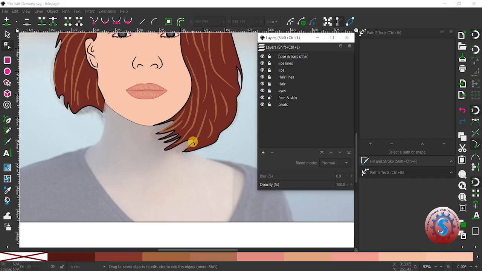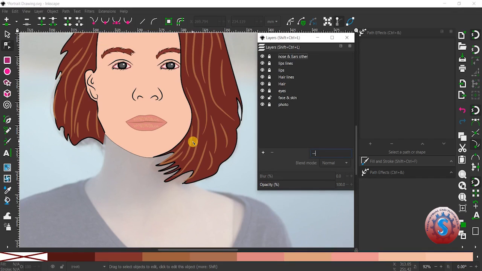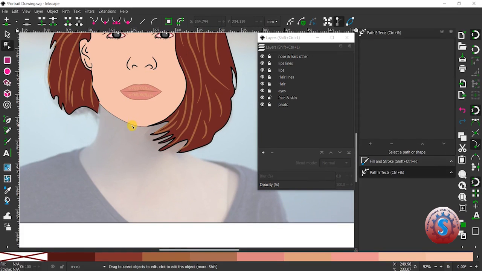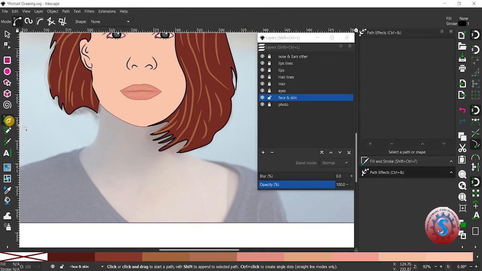You can observe I want to go with the neck option. Now the neck you can also create in the same layer. You can also create it by creating a new layer. I am giving the face and the skin here. You can observe the pen tool, and again I am doing this. You can observe by using the face and skin layer only, and without giving any fill to the shape, I am creating on the none option on the shape tool.